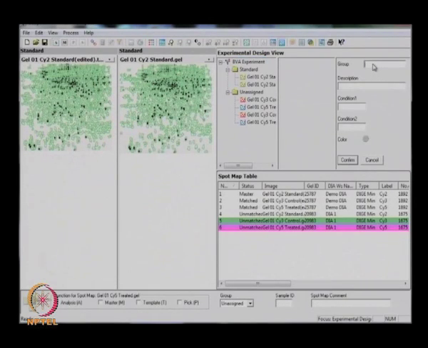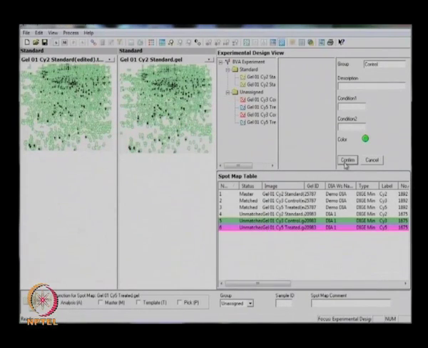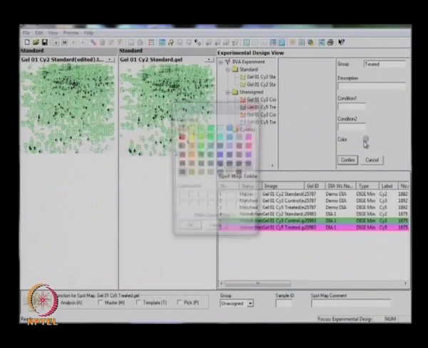Now create a group, it may be control or treated. This first one is the control, and apply some color. Confirm it. Then create another, like treated, and give it some color.